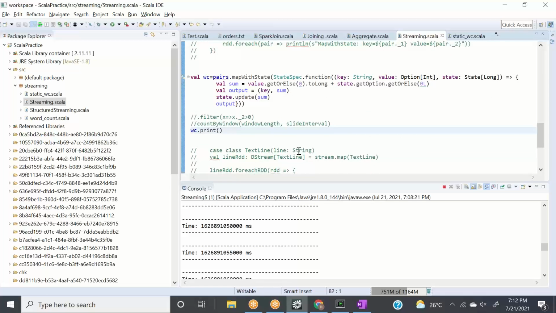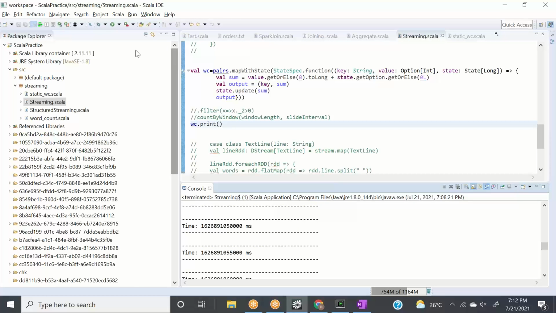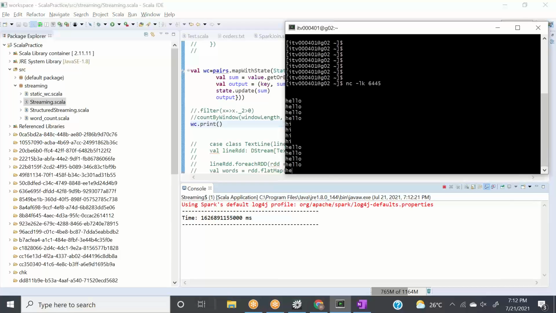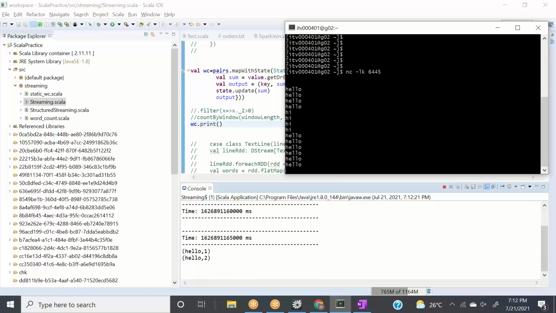Yes, we did. Ideally it should give the result. Let's see one more time. I'll make it work, but you need to understand the difference between map with state and update state by key. People can ask these questions, and even if they're not asking, we need to know the difference. Okay, let's see again. Yeah, it worked.